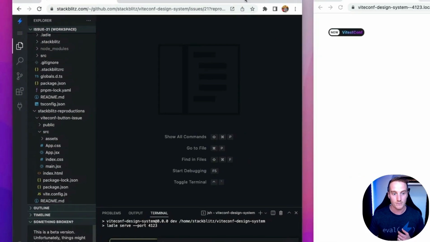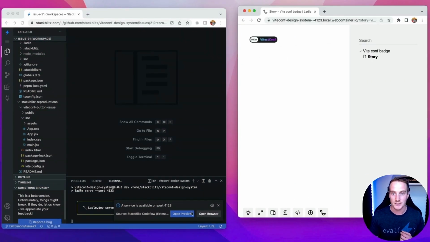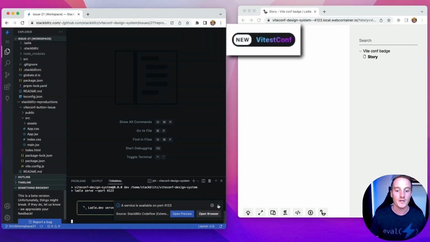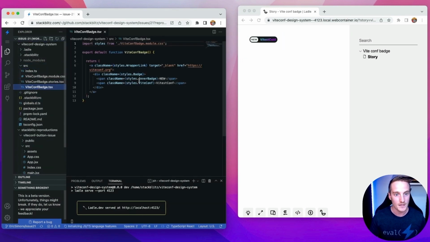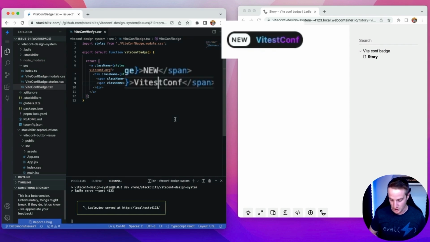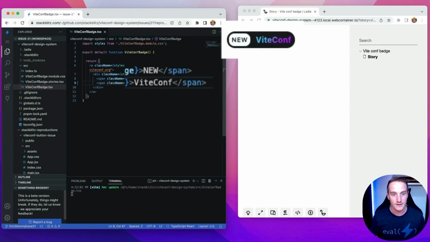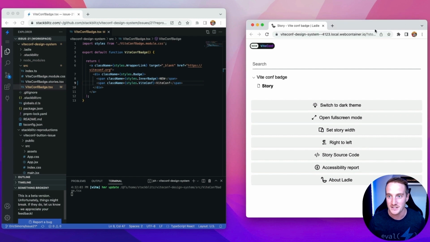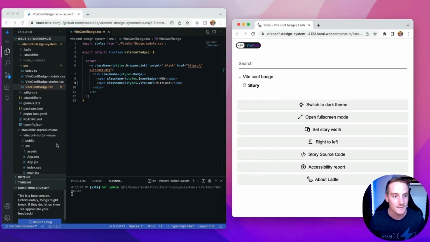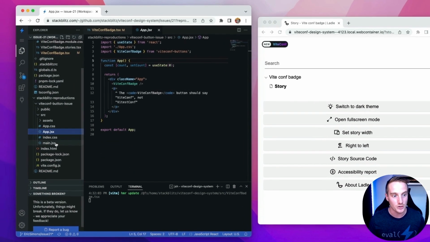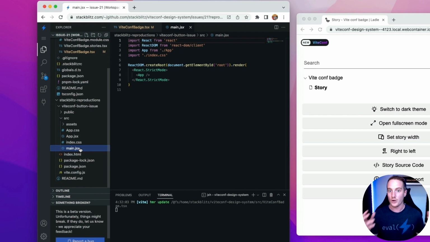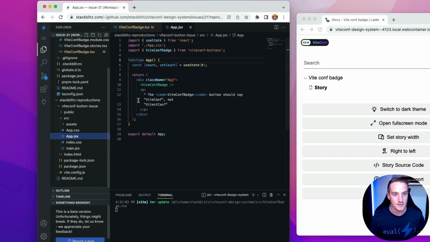It's booted up my design system. So I can actually see the issue over here. First of all, let's go ahead and fix this issue real quick. Let me find it. So, okay, that's the issue. It needs to say ViteConf. Maybe next year we'll throw a VTestConf, but that looks pretty good to me. So this looks good now. But I actually want to run this in the project over here that was pulling in our component. If I go to the app.jsx, you can see it's actually pulling in from our ViteConf buttons